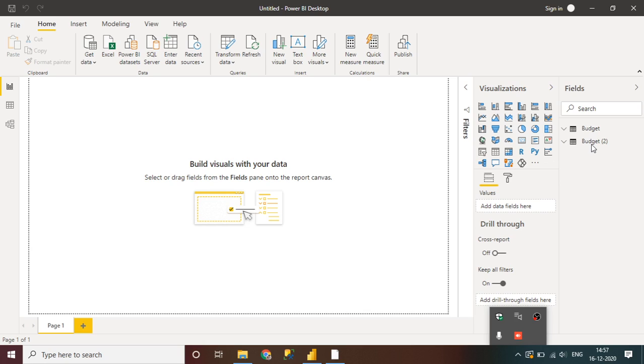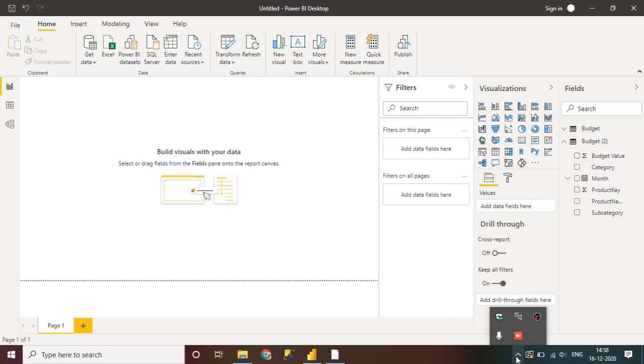On the right-hand side you see the Fields section. When you click on the budget, it's a little bit slow. Let me click on it. On the right-hand side, this Budget 2, on which we were working, we have cleaned the data and loaded Budget 2 here. This very first one is the Visualize section, so we are not able to see anything here, because we have not created any report.